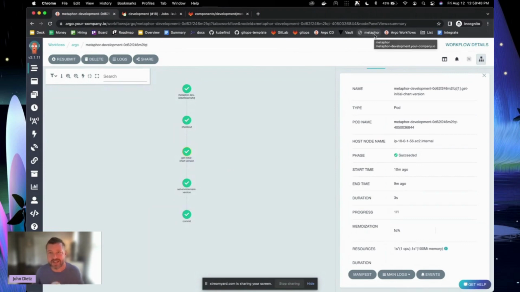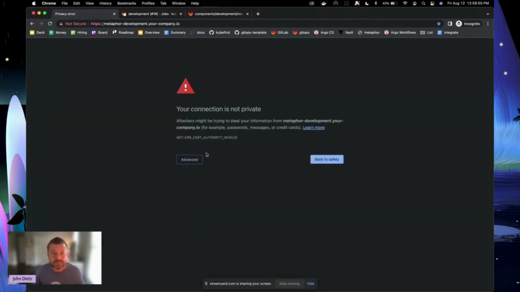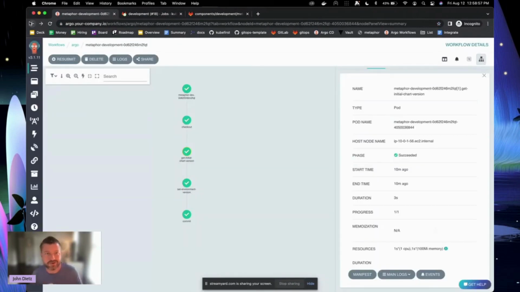Metaphor itself, let's take a look at that. So this cert hasn't come back yet. Let's take a look at, this is actually perfect timing. So we just deployed for the first time ever a brand new Metaphor to a development, staging, and production environment. Now, the first ever time that you deploy an application that includes an ingress, you have to resolve its certificate somehow. We're leveraging Cert Manager